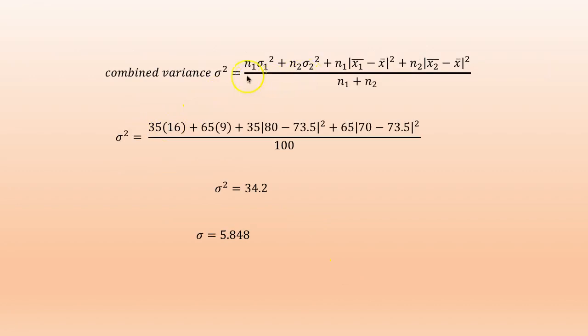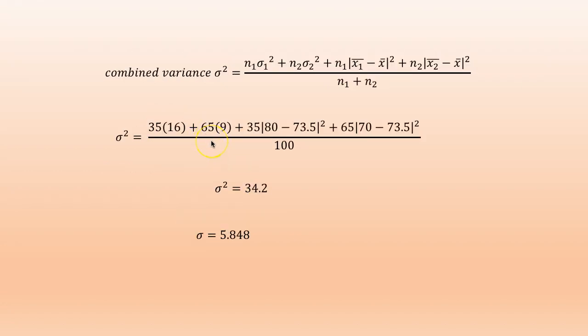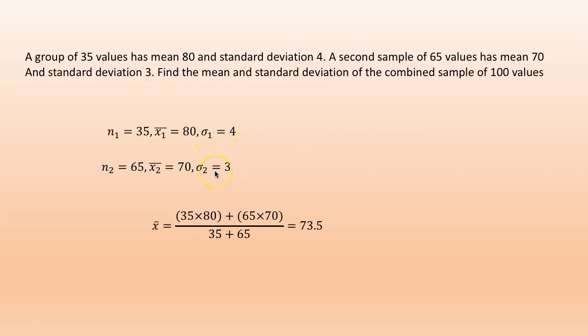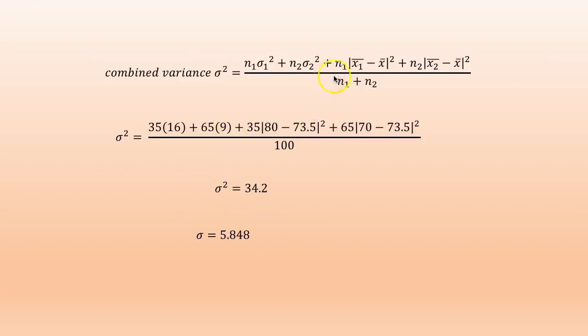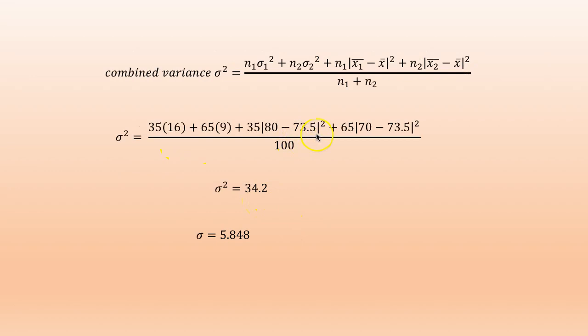Combined variance sigma squared equal to, using this formula, N1 is 35, sigma 1 is 4, so sigma 1 squared is 16, plus N2 is 65, sigma 2 is 3, so 65 into 9, plus 35 into modulus of x1 bar, which is 80, 80 minus 73.5 the whole squared, plus 65 into x2 bar, which is 70, modulus of 70 minus 73.5 the whole squared, by N1 plus N2, which is 100. Simplifying, you get sigma squared is 34.2 or sigma is